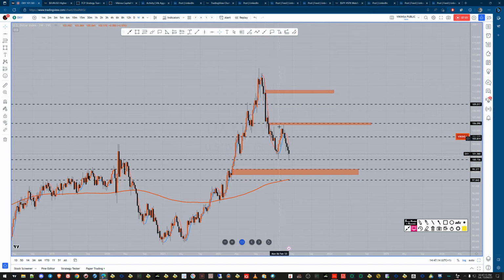Now we have these levels. As you can see, this is the lower level, right? This is where the double bottom is, right? If it starts to go down, then we have the 99 level, then we have the 97 level. Why 97? Because we have the 200 SMA there. And then we have this previous high, approximately 105, and it can start to go up into 109, and then this can actually be achieved around 110, right? So this is what we have here on the dollar index, right?